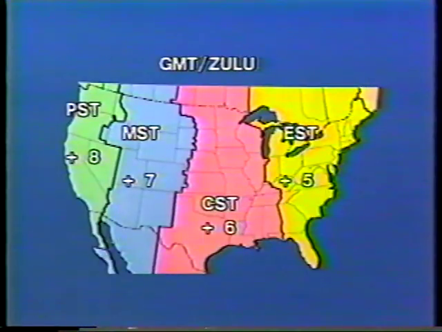Time zones generally correspond to the meridians because our Earth turns 15 degrees each hour, but they are adapted to accommodate geographical areas. Since an aircraft can pass through many time zones on a flight, we need to know how to convert to Zulu time to avoid the confusion of time changes. Our primary interest is in the 4 time zones within the continental United States: Eastern Standard, Central Standard, Mountain Standard, and Pacific Standard. To convert to GMT, or Zulu time, add 5 hours to Eastern Standard, add 6 hours to Central Standard, add 7 hours to Mountain Standard, and add 8 hours to Pacific Standard Time.